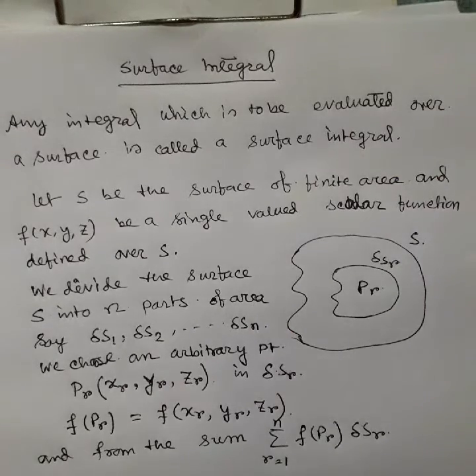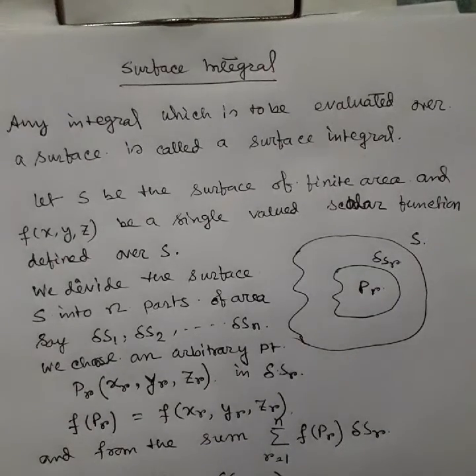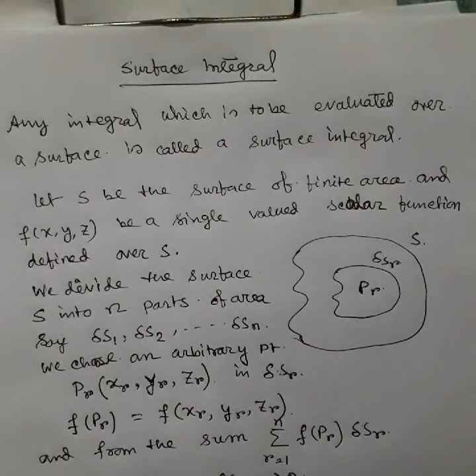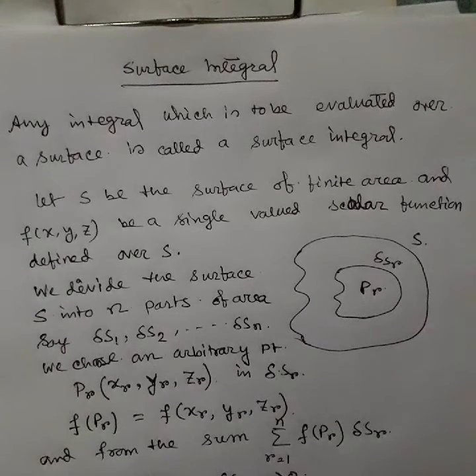That means whenever n tends to infinity, delta SR tends to 0. So if the limit as n tends to infinity of the summation of R equals 1 to n f of PR delta SR exists